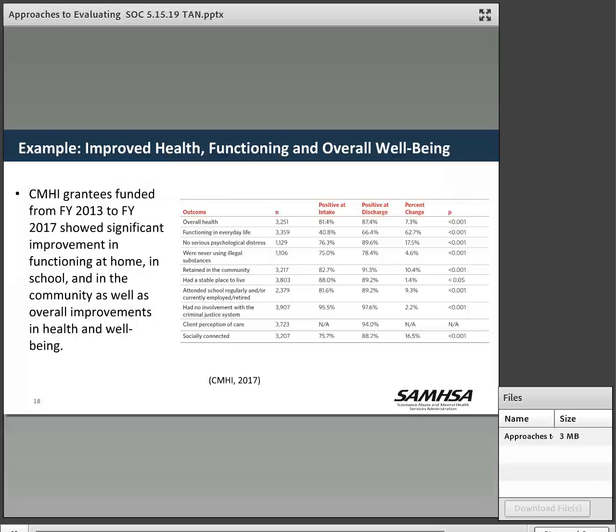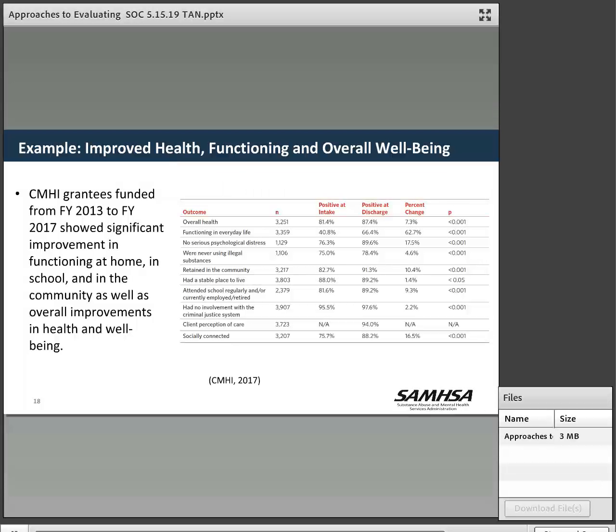And you have percent changes ranging from 7%, or around 2%, for involvement with the criminal justice system to 62% change in functioning in everyday life. All the change here is statistically significant. And you can see that across the board, there are significant